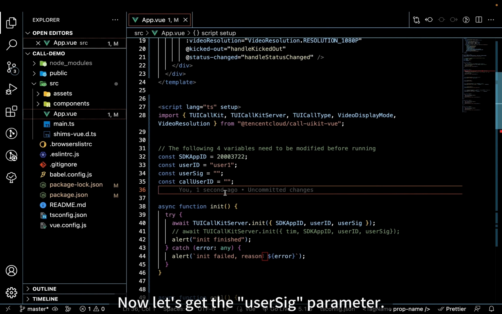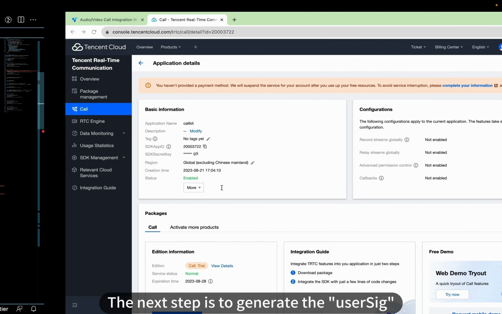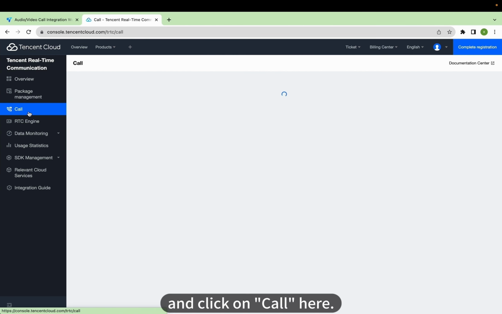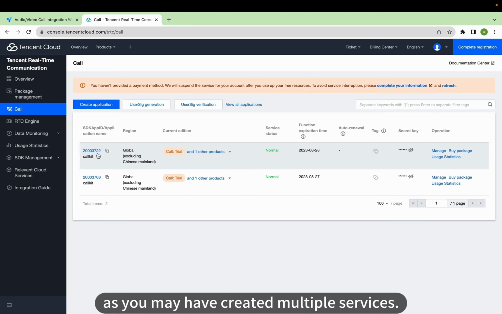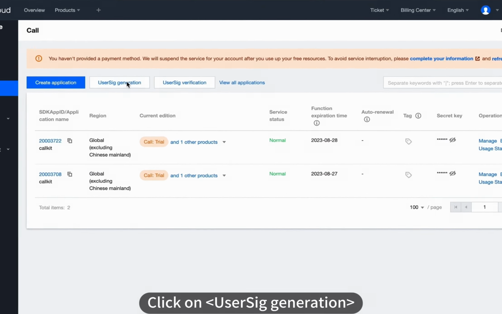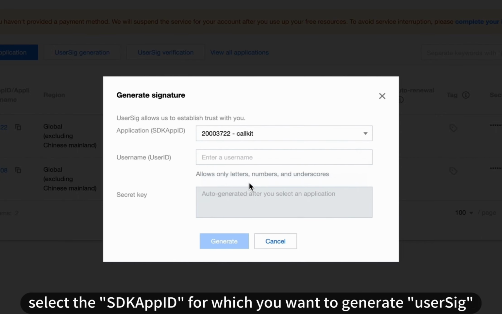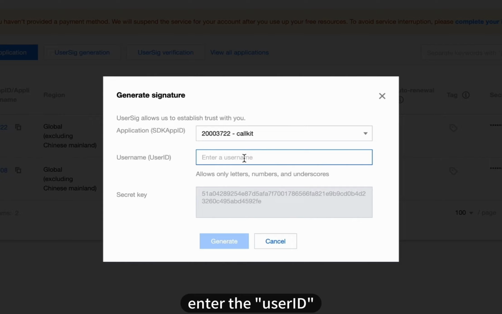Now, let's get the userSig parameter. The next step is to generate the userSig and click on Call here. Please note the SDK app ID you just created, as you may have created multiple services. Click on UserSig Generation. Select the SDK app ID for which you want to generate userSig, enter the user ID you filled in